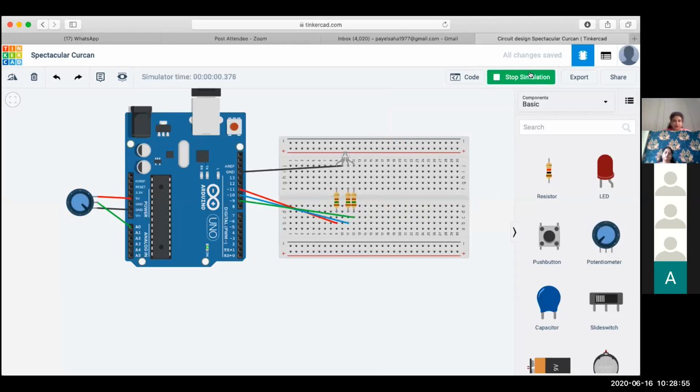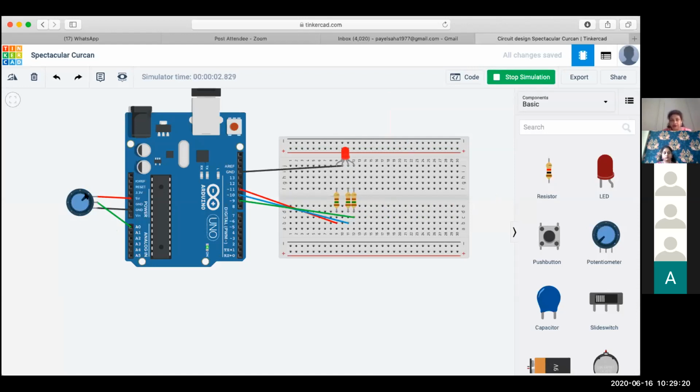Okay, now my potentiometer is at 0. So you can see that the LED is not glowing at all. What happens if I move the slider of the potentiometer? Can you see that the brightness of the LED is changing and it is exhibiting a maximum brightness when the potentiometer has moved to a full voltage of 5 volt.